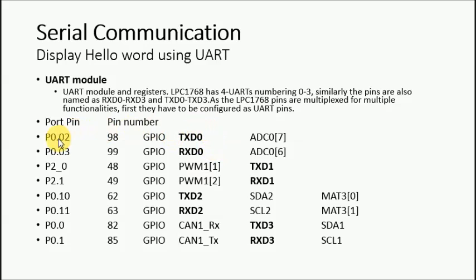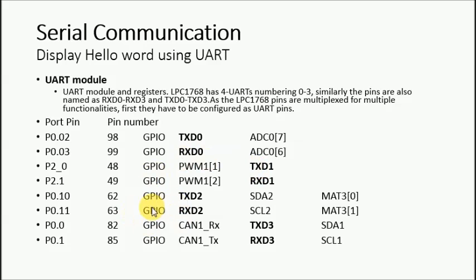Now we have to configure the port pin for the particular function. As a transmitter, I have to configure this port pin for transmission. This is the RxD, the receiving part. If I configure it as receiving, this port pin acts as a receiving pin. Now this pin has three functions: general purpose digital input output, TXD or RxD, and ADC. Similarly here also there are three functions: general purpose input output, PWM, and RxD and TXD.